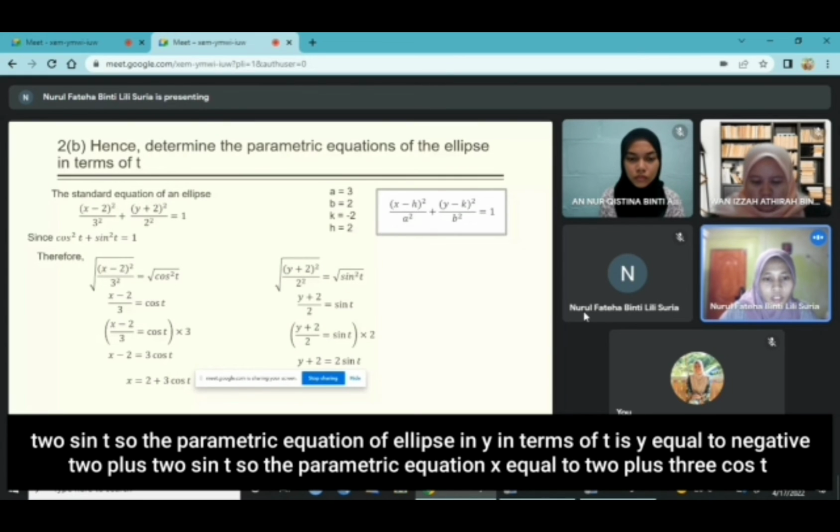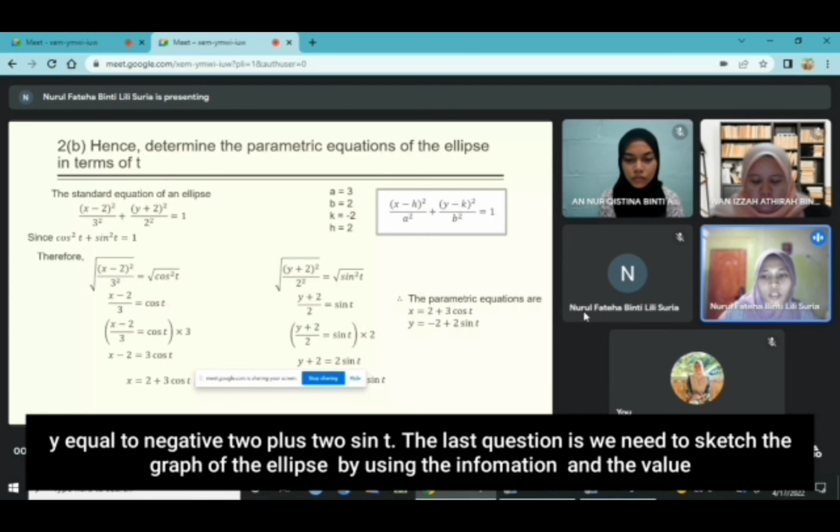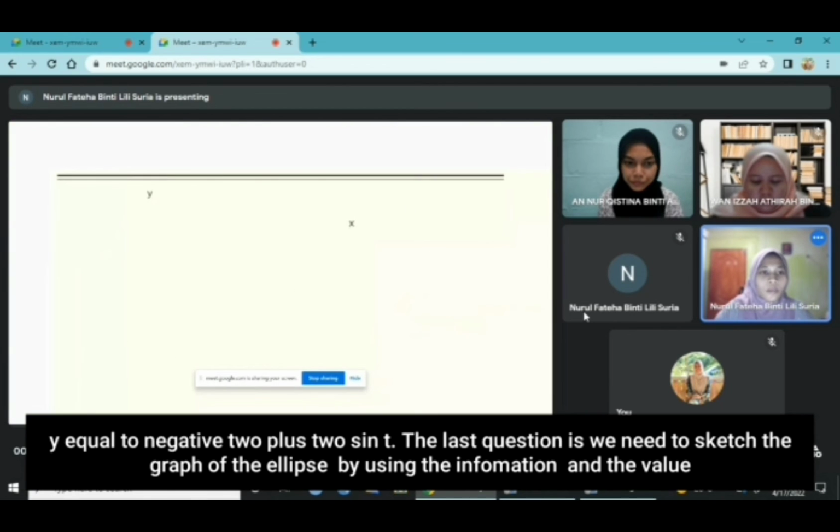So the parametric equation of the ellipse for y in terms of t is y equal to negative 2 plus 2 sin t. So the parametric equations are x equal to 2 plus 3 cos t, y equal to negative 2 plus 2 sin t. The last question is we need to sketch the graph of the ellipse